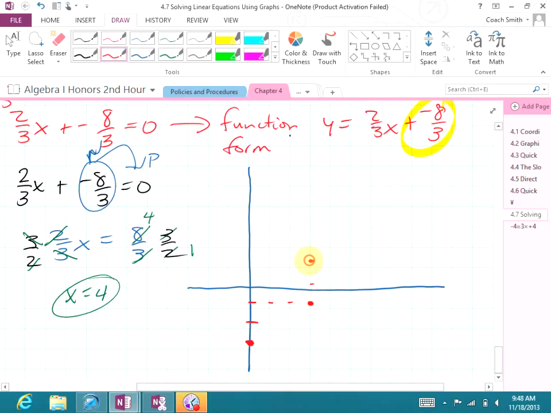1, 2, and over 3. 1, 2, 3. There's your third point. Now, when you connect those dots together, you're going to prove it because 1, 2, 3, 4. That's where it crosses the x-axis. So we proved it graphically